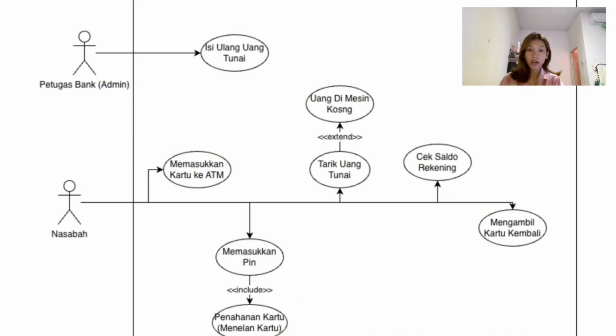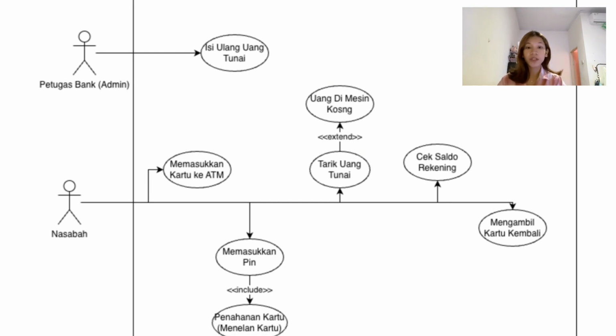This function occurs when the user fails to enter the correct PIN. After 3 attempts, the ATM will automatically retain the card for safety reasons. This use case is considered an include part of the enter PIN process because it only occurs under a specific error condition related to user authentication. And D.